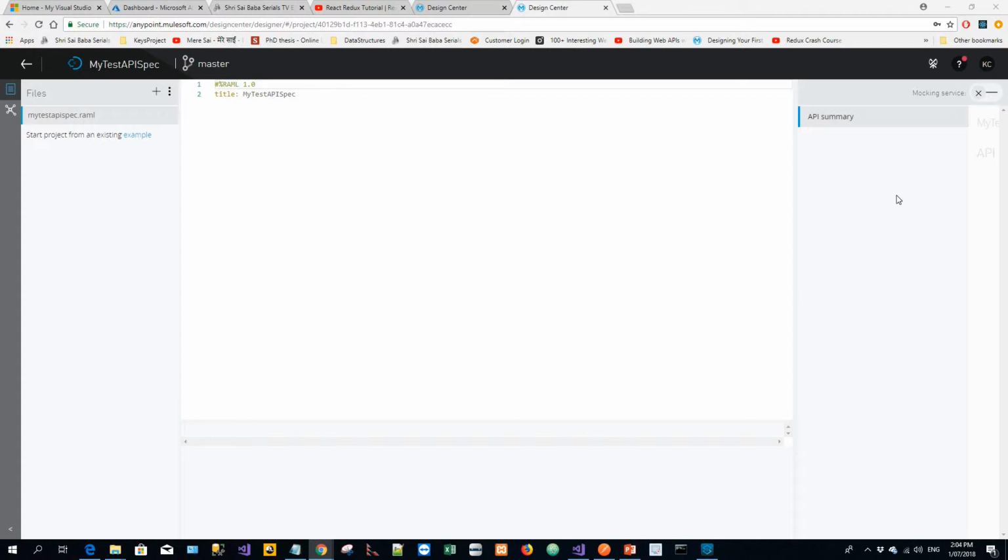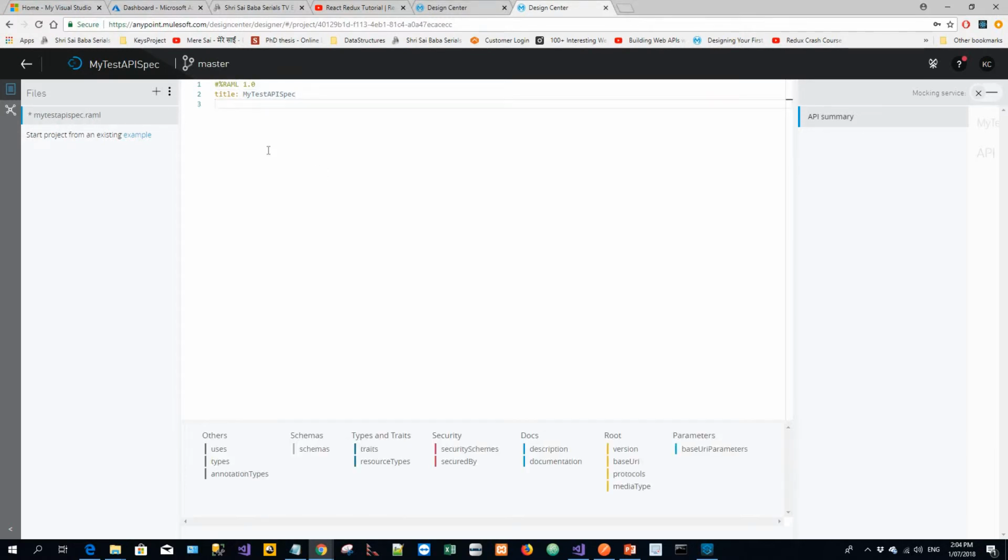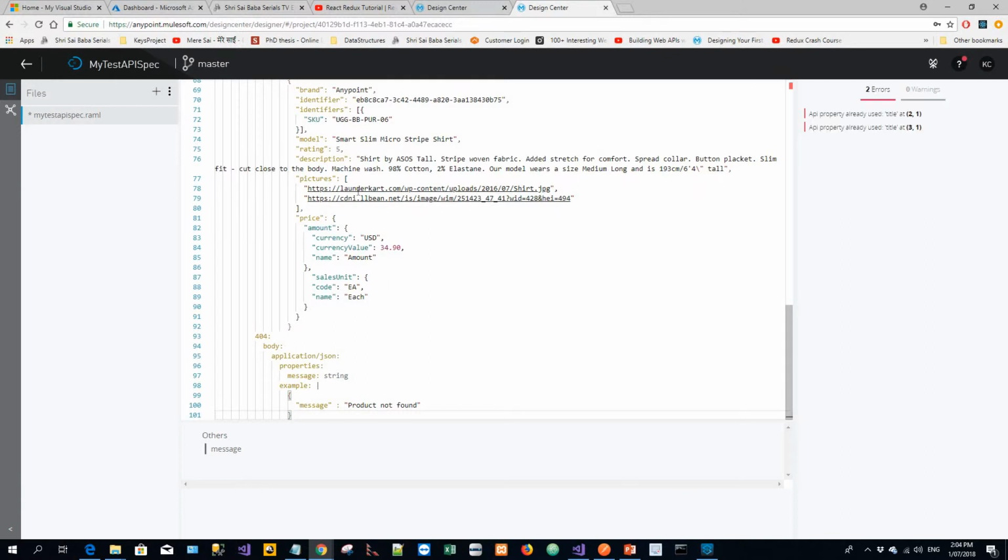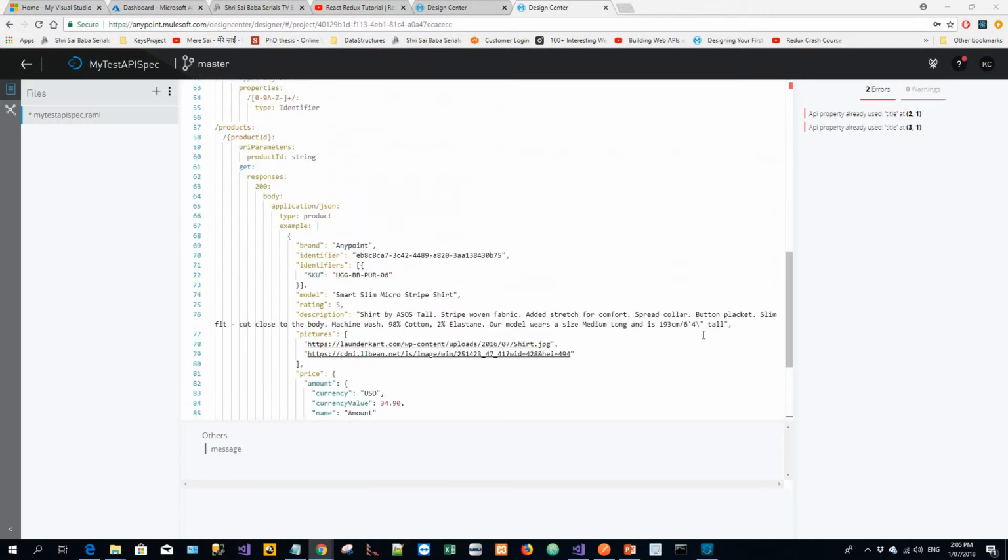Now I will delete the contents but keep the title, my test API spec, and I will copy the code from an API spec already written for the learners, and paste it. Alright, so I have pasted that API spec. Now let's take a look at the specification above. This is the specification,